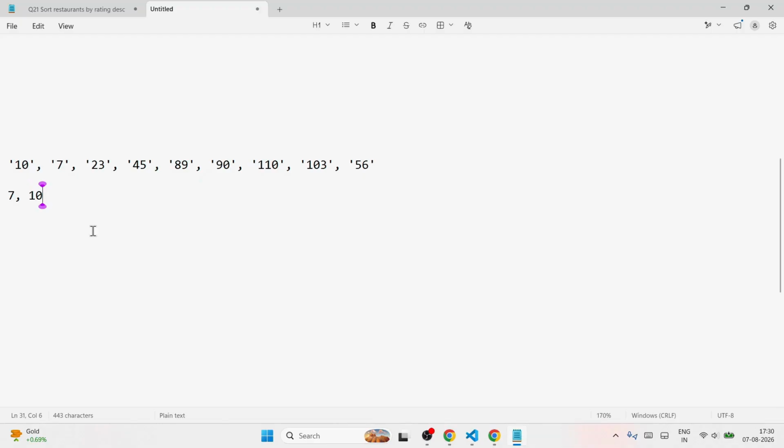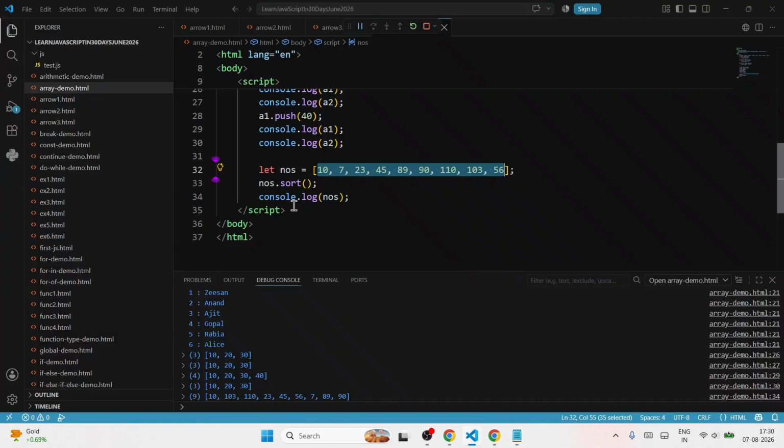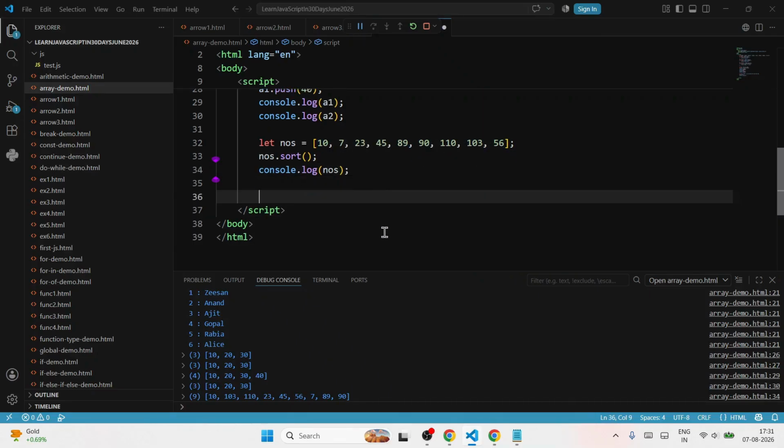फिर next 10 है, next is 23, next is 45, next is 56, next is 89, next is 90, next is 103, next is 110. करेक्ट? तो दिस वे नेचुरल ऑर्डर सॉर्टिंग चाहिए, तो फिर कंपैरिजन का फंक्शन तुम्हें भेजना पड़ेगा। यू हैव टू सेंड द फंक्शन ऑफ कंपैरिजन। करेक्ट? तो वो आप लैम्बडा फंक्शन भेज सकते हैं।